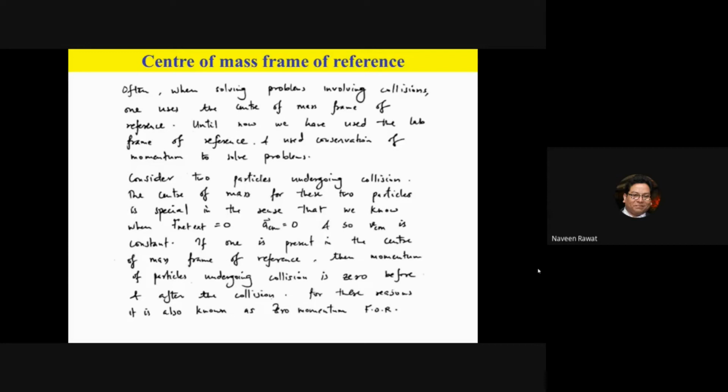You will not be able to differentiate whether you are in a stationary situation or whether you are moving with a constant velocity, because until and unless there is some force or some acceleration, your body won't feel it, right? So this motion of the center of mass is a very, very predictable one, and it's much simplified than looking at a picture from outside, from the lab frame of reference.